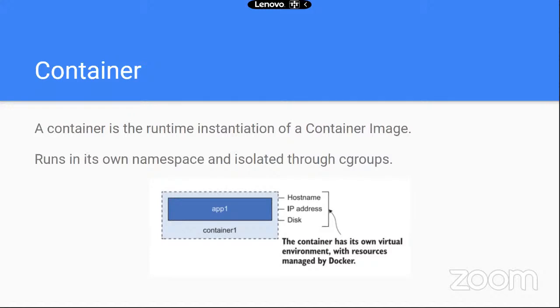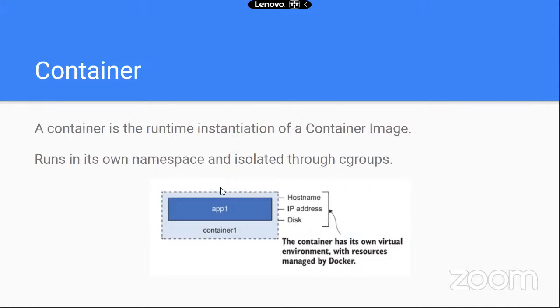It runs in its own namespace, and it is isolated by the control group, the two terminologies which I mentioned before. The namespaces of Linux are a concept that has been there for a long time, and the containers also use this concept. In a Linux operating system, you use multiple namespaces for each container, so that each container sees itself as running or controlling the whole operating system. So it provides you the isolation, and the resources are controlled through the control groups feature of the Linux